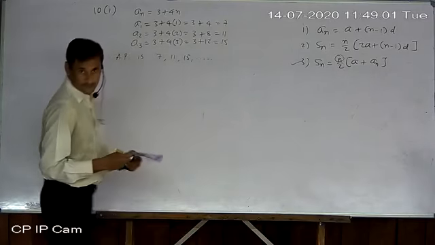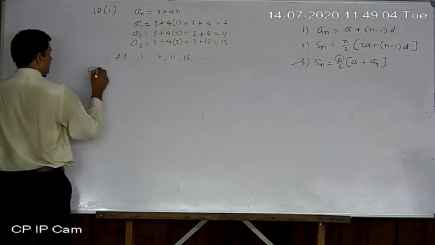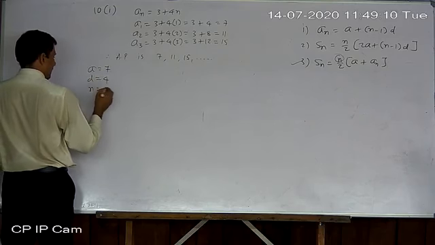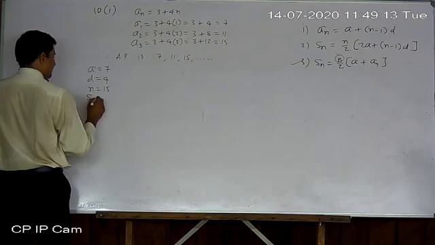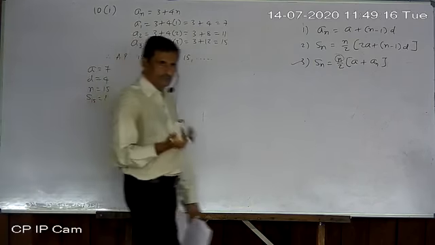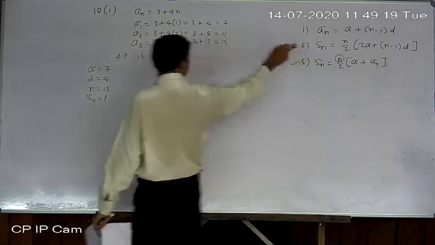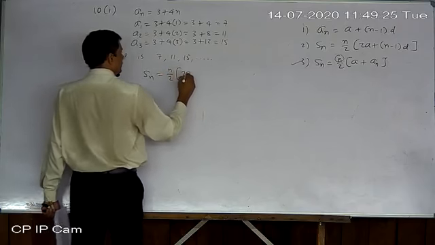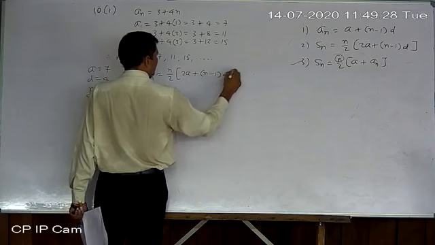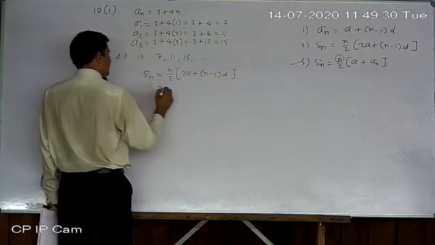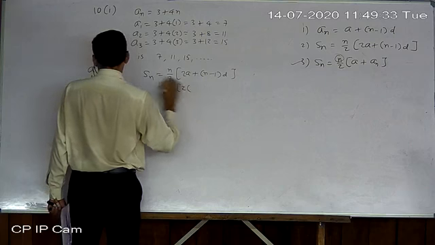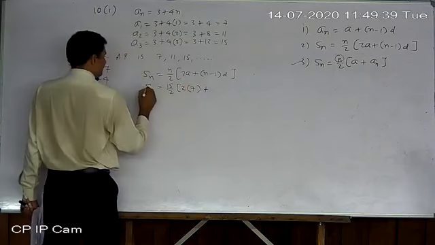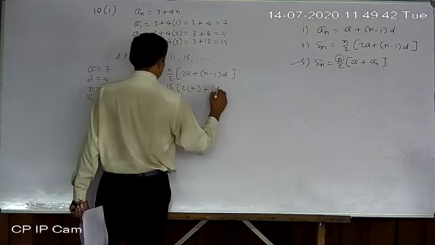Sum of first 15 terms. So we now know a equal to 7, d equal to 4, they have given n equal to 15 and Sn means S15 is asked. Now nothing new. Just use that formula, second one. So Sn equal to n by 2, 2a plus n minus 1 d. Write down all values. 15 upon 2, 2 into 7. n is given here 15. So I write 15 minus 1, 14. And d is 4.